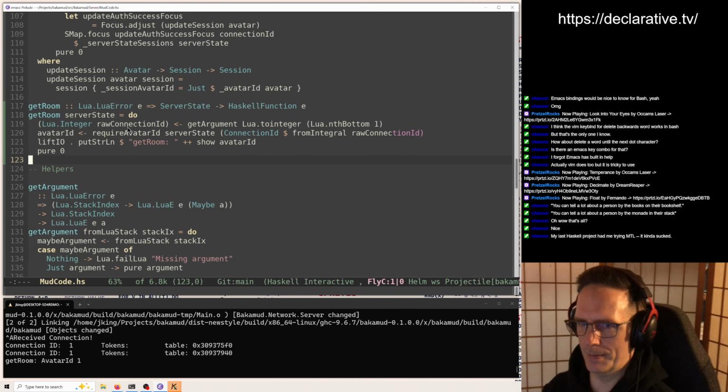One of them being, for example, you can't split your... You can't have two ReaderTs, for example, some configuration for one part of your application and some configuration for another, because of the way lifting works, it would get confused. Same with state and some of the others. You can have one layer of one thing in a stack.